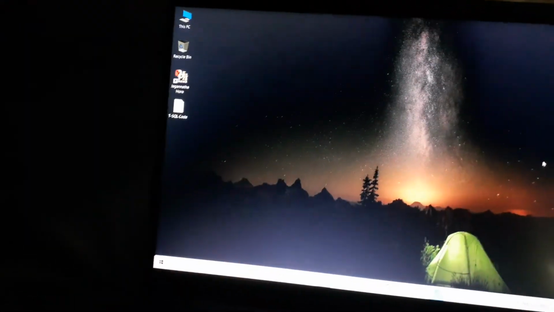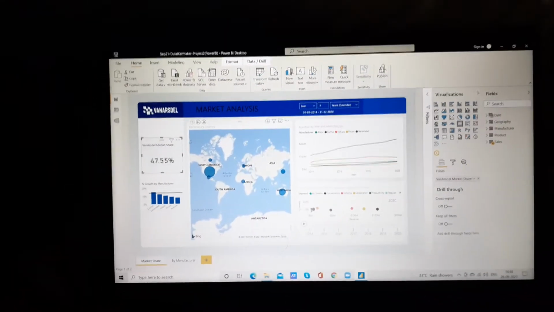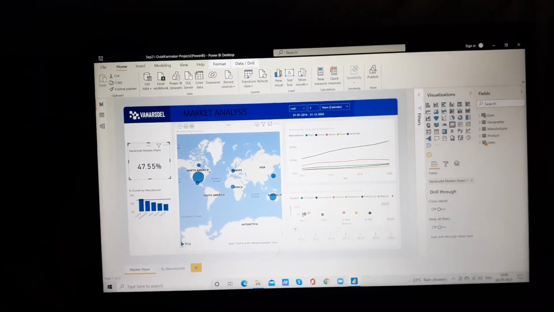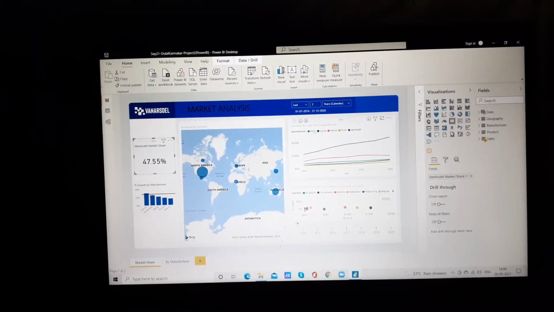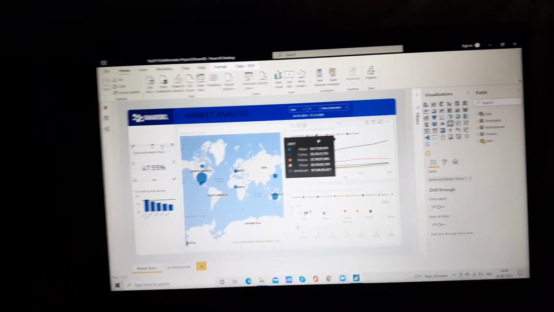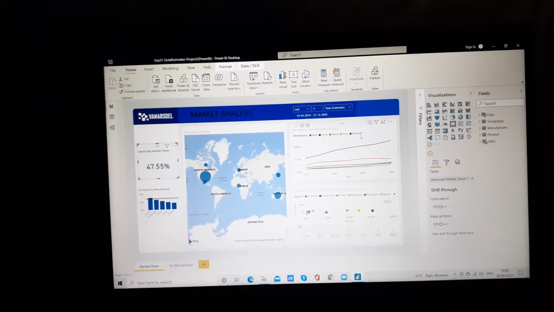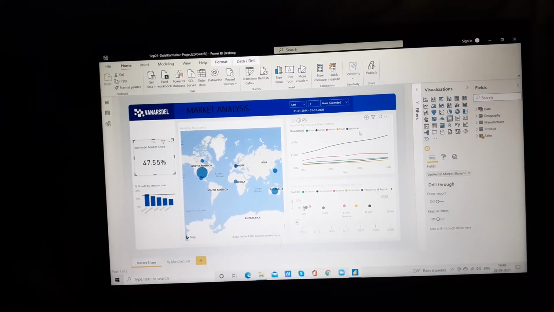Now I will show you the market analysis of the 5 manufacturers and the particular company Van Diesel, right?